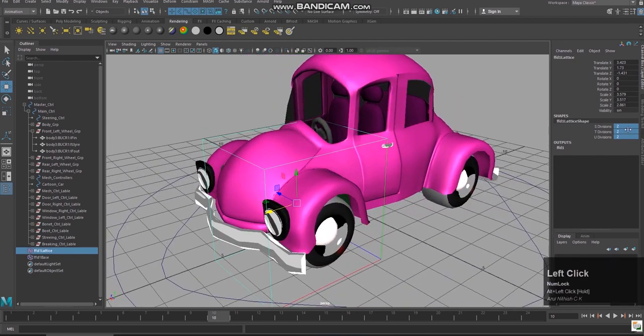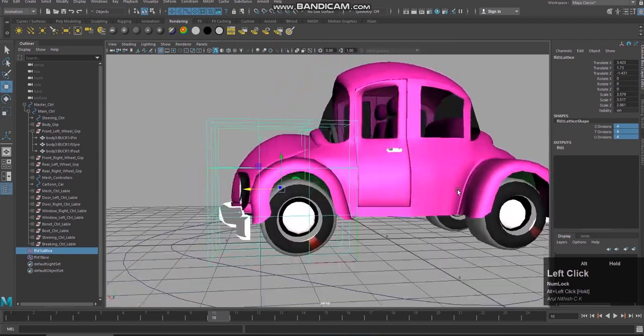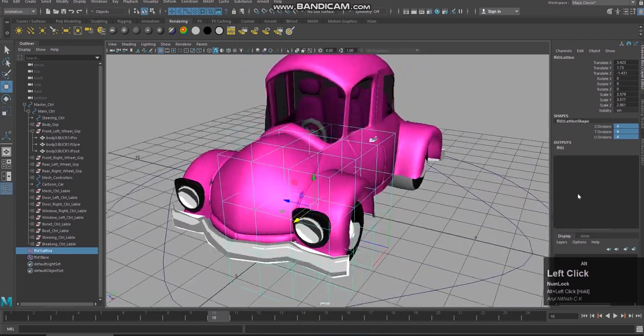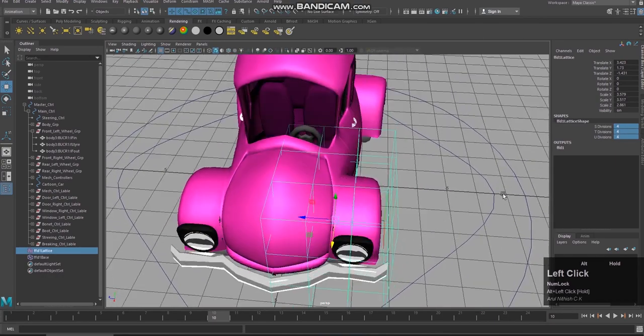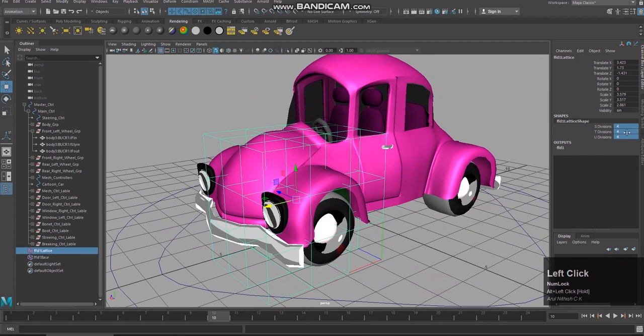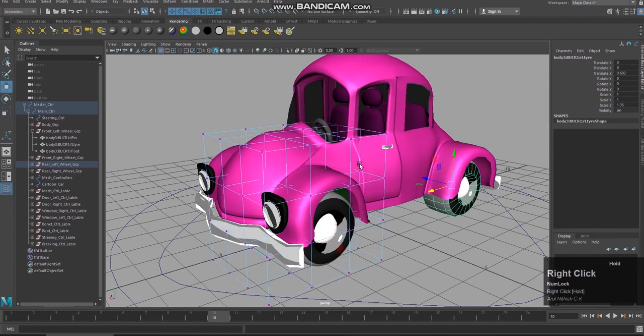Now I've created a lattice deformer. I'm just going to make the divisions a little bit like 4, or 5, whatever it is. Anyway, we are not going to select any individual part. To make it more precise, let it be 4. Now I should go to lattice points.